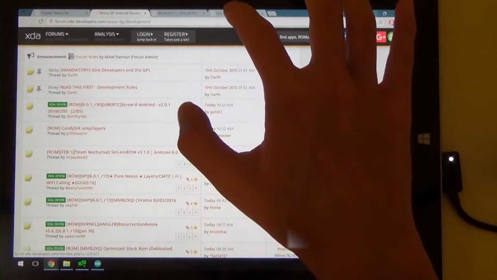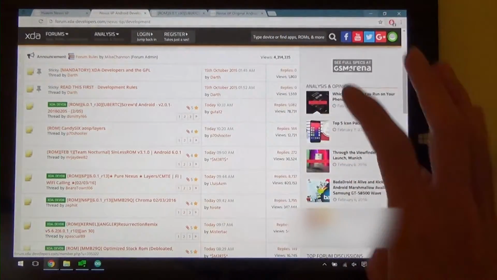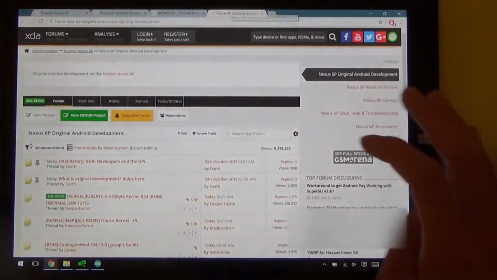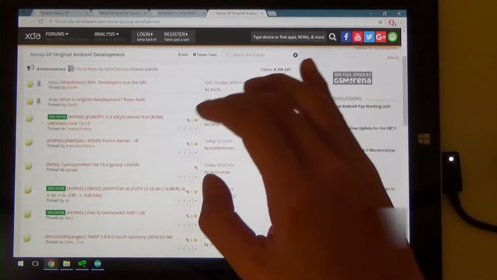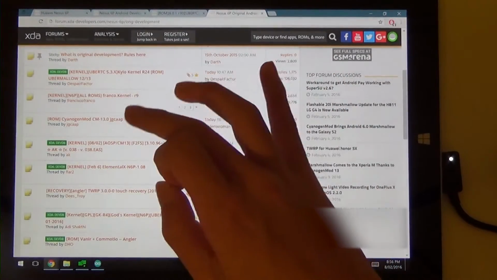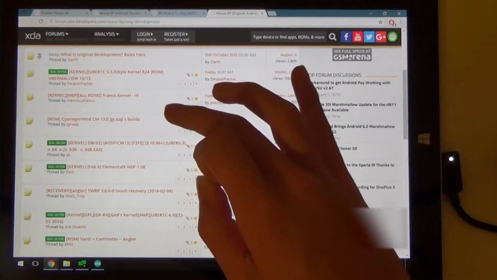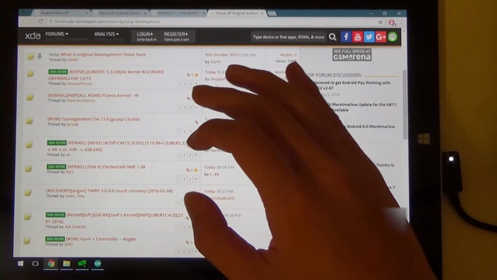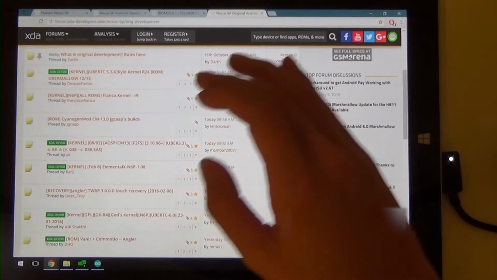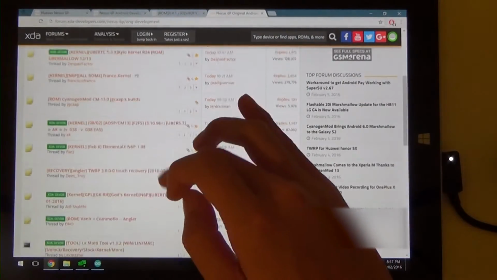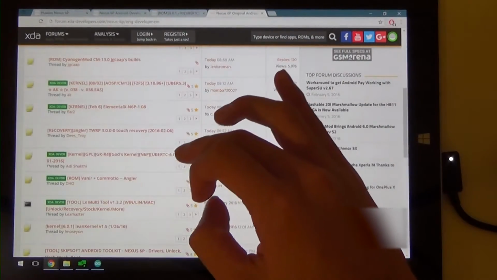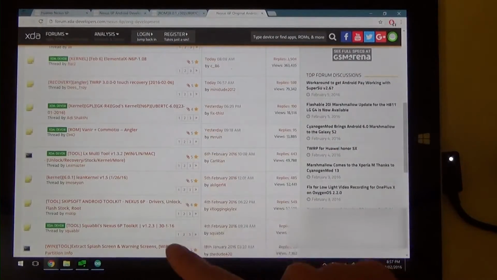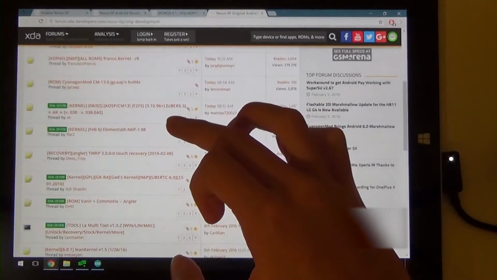Okay, and of course there we have the Screwed, and you can also take a look through the original Android development here, which is also nice. So here we have the CyanogenMod, we have Xylo ROM, we have things that are based off of Open Source Project and CyanogenMod, which is cool. And we also have a few custom kernels here, which is nice. So you know what, and look, there's my toolkit down here. Okay, so I will probably be